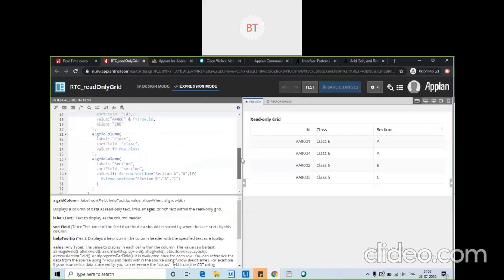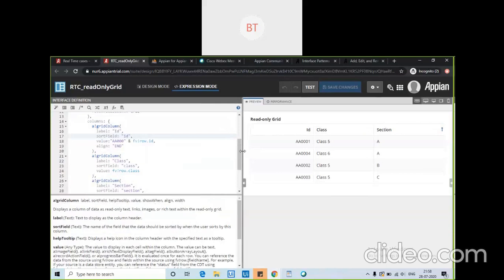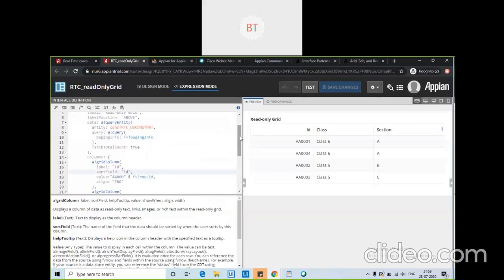If we are not doing anything here, it is just written FVBang row dot id. You could ask how it understands that it needs to print all the things serially. That is the functionality FVBang row provides: it will take everything and print all the values one by one on its own.